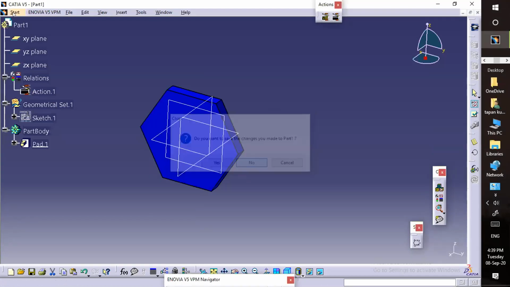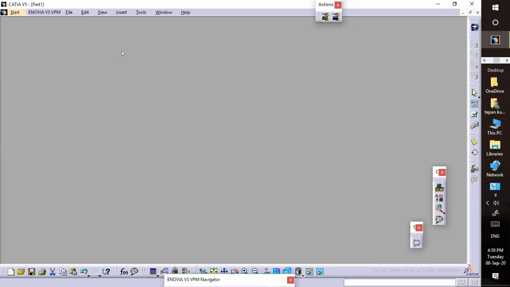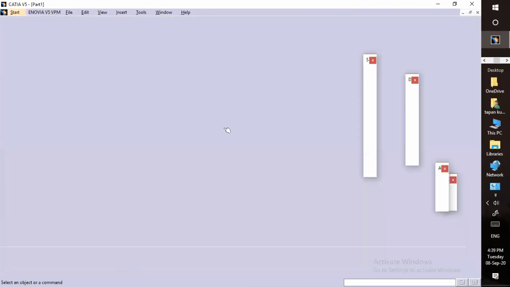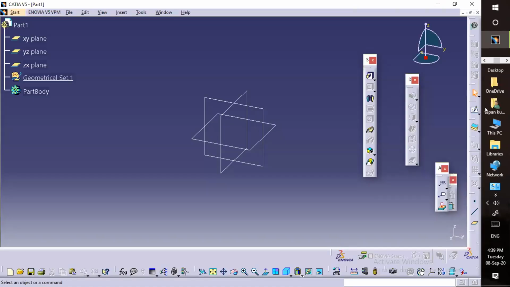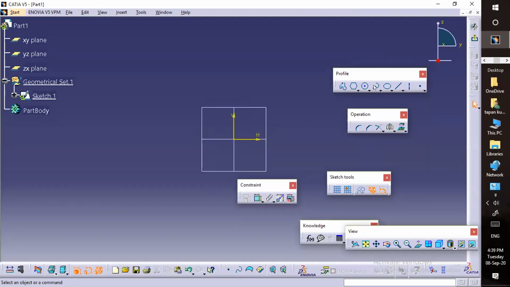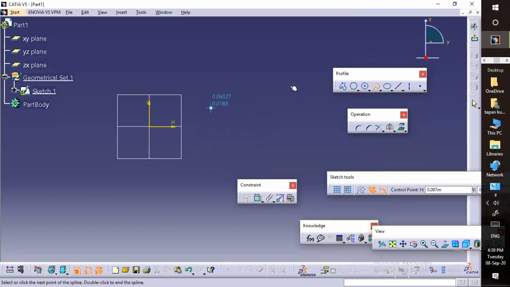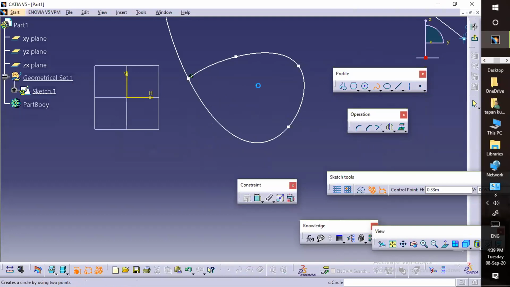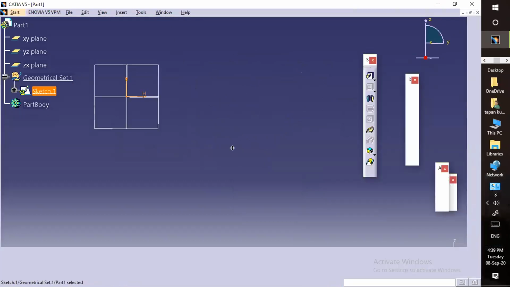Now I'm going to tell you about the material. I have created a sketch, something like this.